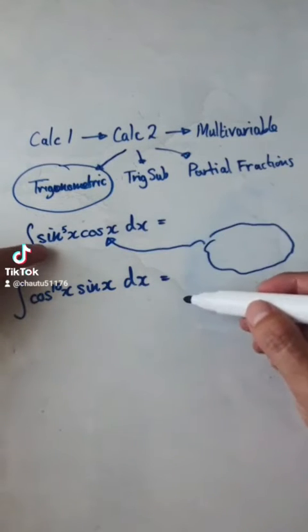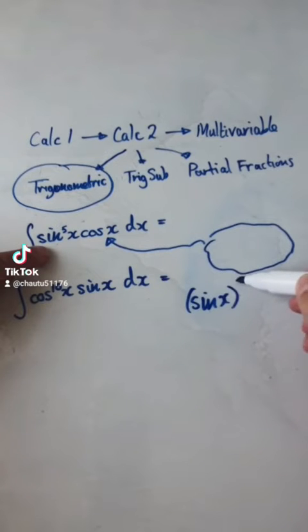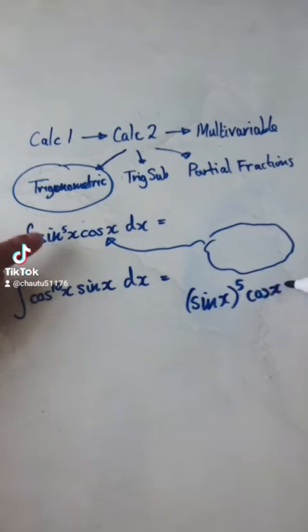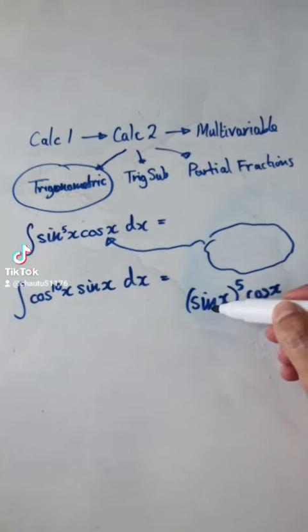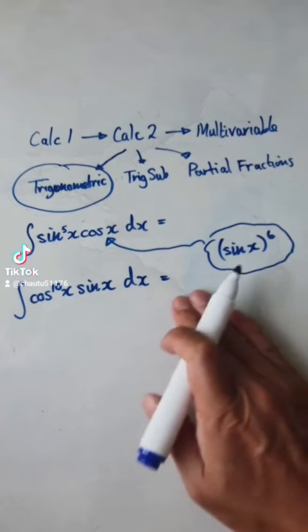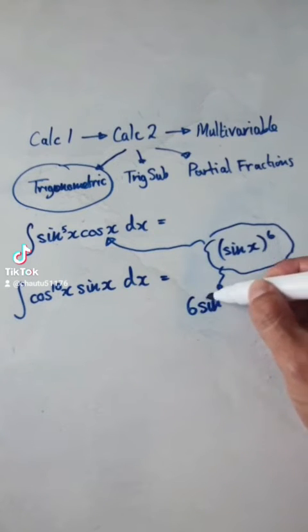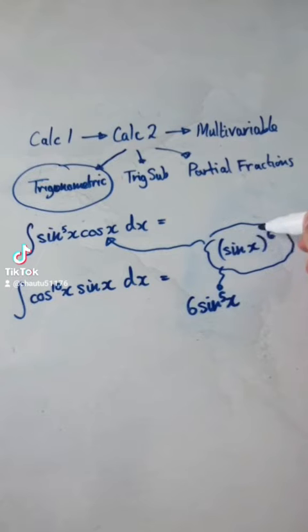Well, visualize this thing as being sine x to the power of 5 and then cos x. So notice that cos x is a derivative of sine. So make this your initial guess. Make sine x to the power of 1 notch higher, 6. So now, when you differentiate this, the 6 will come down, the bubble stays the same, sine to the power of 5 x, and then times the derivative of the bubble itself, which will be cos of